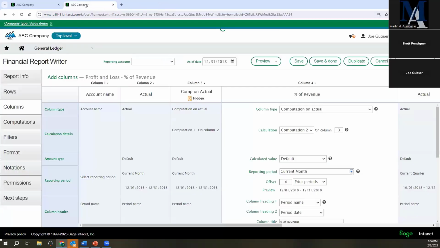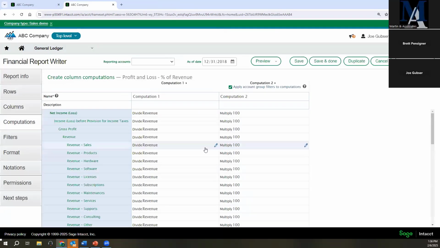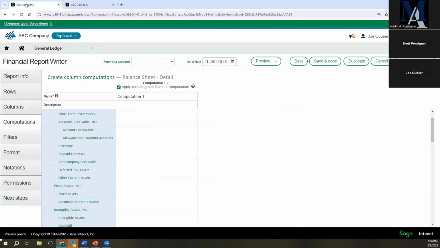Okay, so that is some additional stuff with the computations and the calculations if you have a report that has computations and calculations in it. All right, so I'm going to move on here, and I'm going to move to the next tab, and I'm going to move to the filters tab. So on the filters tab,